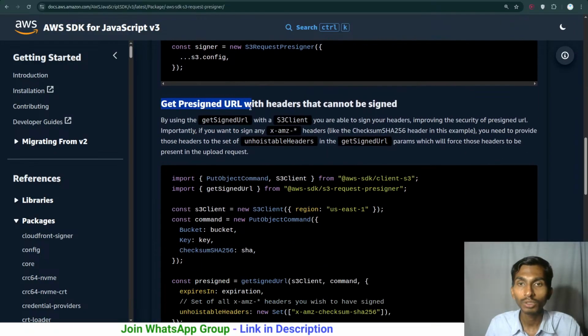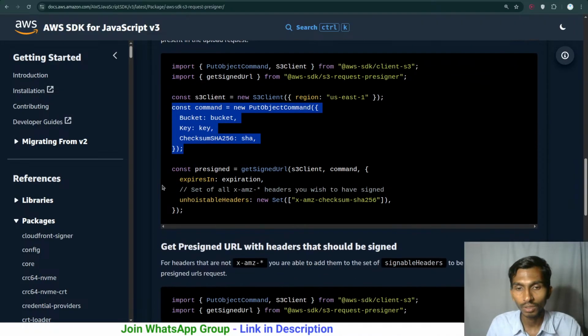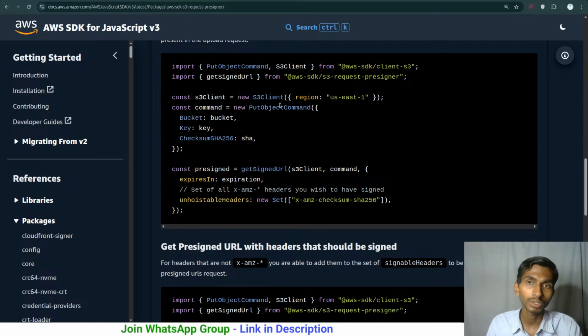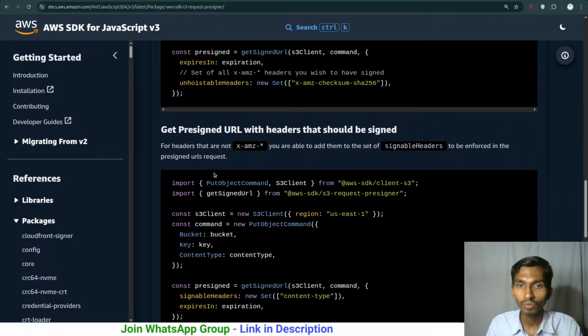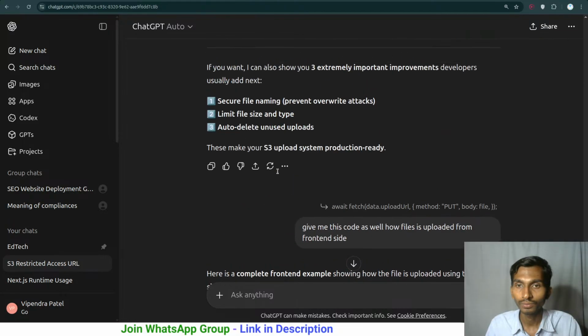Apart from this particular thing, get pre-signed URL with headers that cannot be signed in. So ultimately we will have S3 client here, we have our put object command here, and then pre-signed URL. So what it is doing, it is even putting it directly, in the sense sending it back to the S3 client. And pre-signed URL is gonna be this command, is gonna be put object command. Well, we are getting the command using put object command, we are not especially sending it to S3 right now, and this will work as well. So there are a number of ways, and the way ChatGPT used here earlier, that was